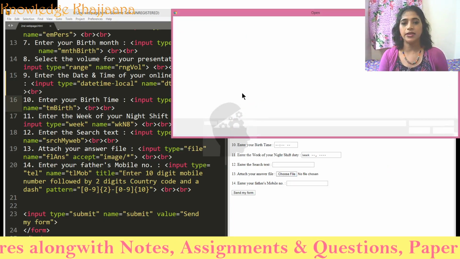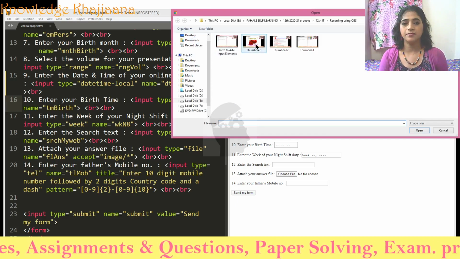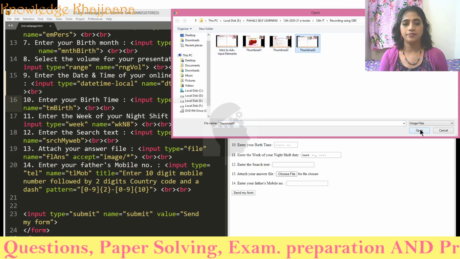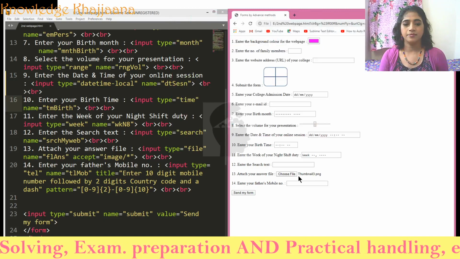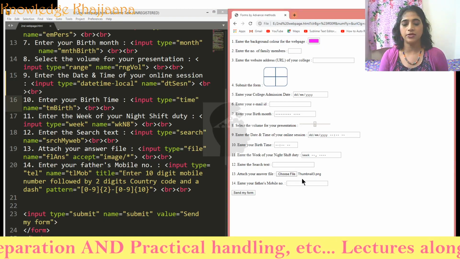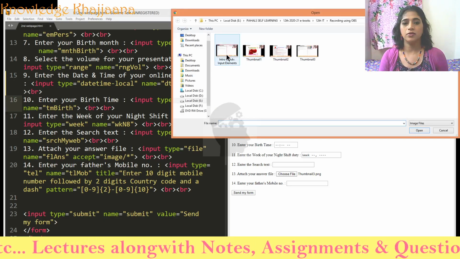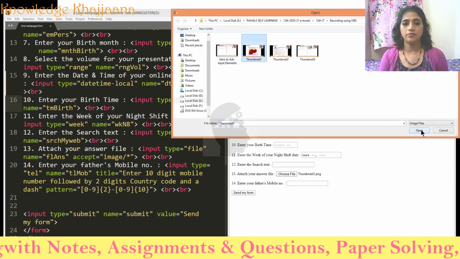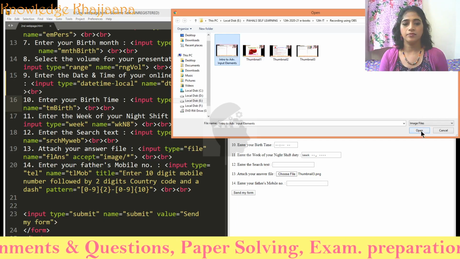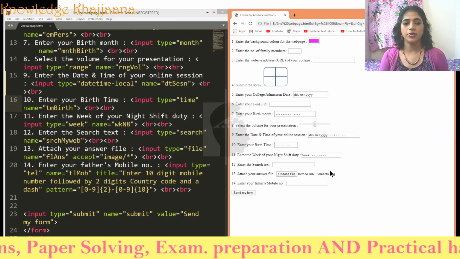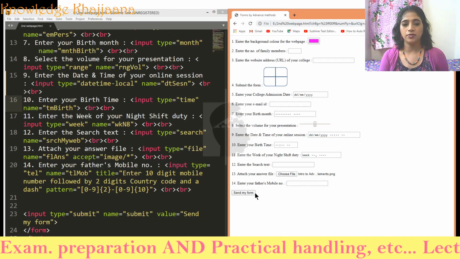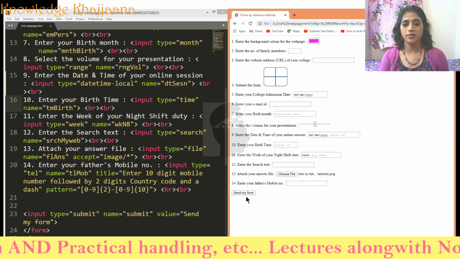So you can select any image. See, the name of that image file is shown over here. Suppose I am selecting one more image. Okay, so that is also shown over here against the choose button.